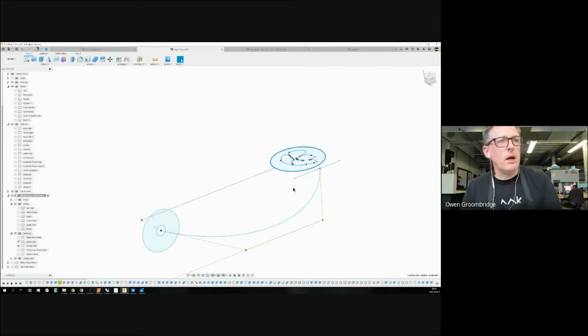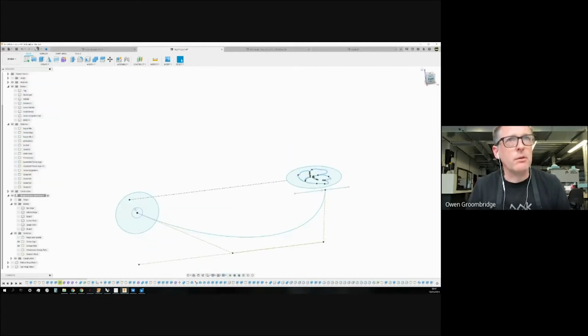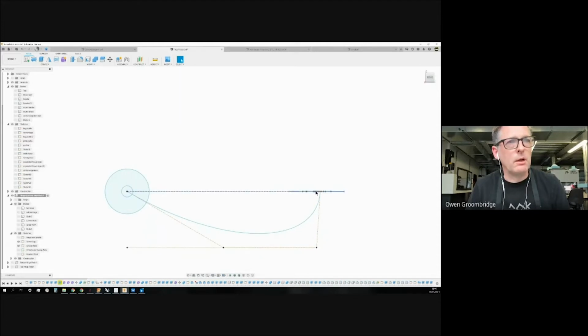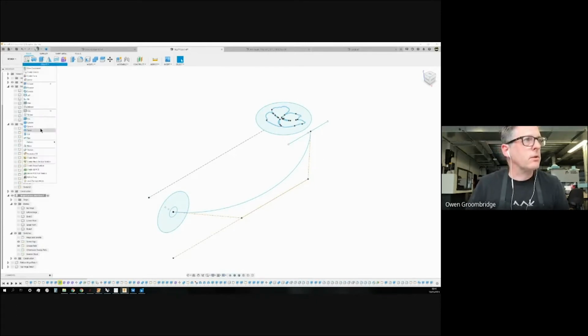So you have to have two sketches. Generally speaking, they don't exactly have to be perpendicular to each other, i.e. at a right angle. If I go there, you can see that line is roughly at a right angle to where that curve leads. But they have to have a relationship like that, so they have to be on two different planes. So if I go to sweep,